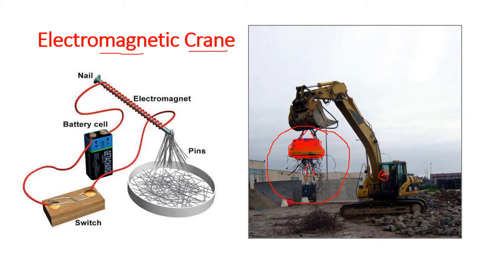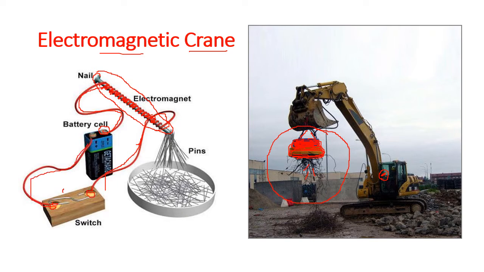Now if you want to try it at home, it's a very simple thing. You have to take a very long nail, a thick screw or a long nail. You need an insulated copper wire. So from the battery, take a copper wire and wind it on the nail like a solenoid. Then complete the circuit through a switch. So this is a temporarily made switch. You can see the switch is made through a battery.